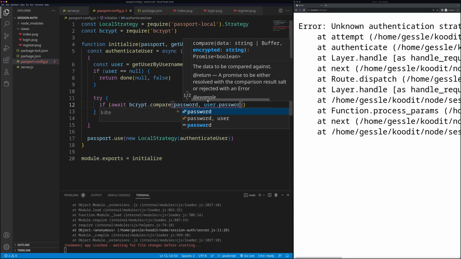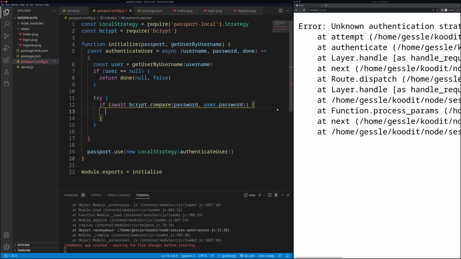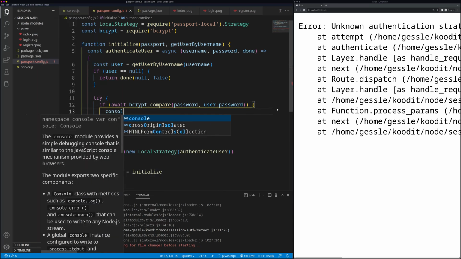password. So we have the user, and now we can access its member variable password, and we are comparing that if these are the same. And then if they are the same, we can of course say that this user has now logged in. Let's do that. So let's just write that